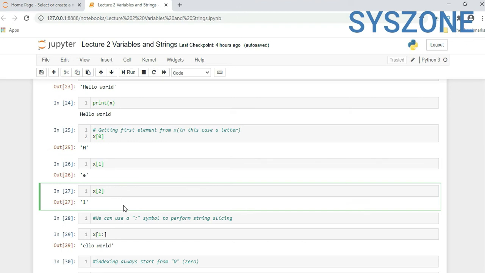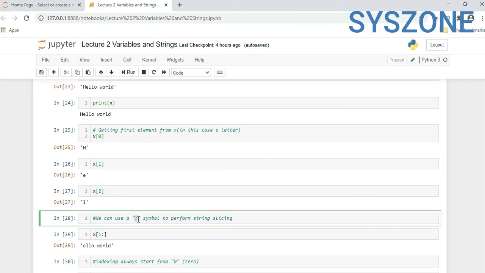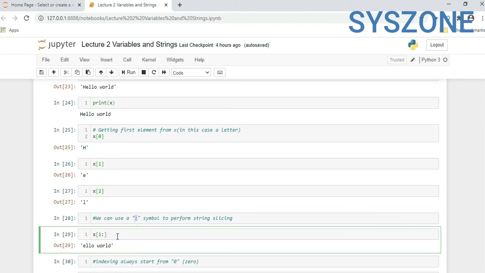Now we can do slicing also. We can use a colon symbol to perform string slicing. So we can extract some of the values between a start or end value by using this. So here is a variable name x. From the first position it will start extracting, and usually before the colon would be your start position, after the colon there would be an end position. End position always takes one lesser number. If it is a 4, it will count as 3 as an index.